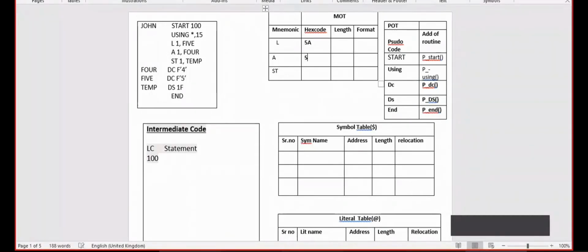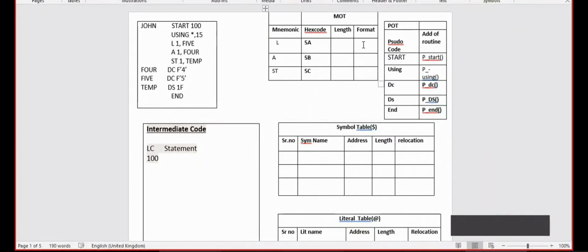And what is the length? Length depends on the format of that particular mnemonic. What is the format for mnemonic L? Either it should be RX or RR. If your mnemonic contains R, that means we are using the RR instruction format.